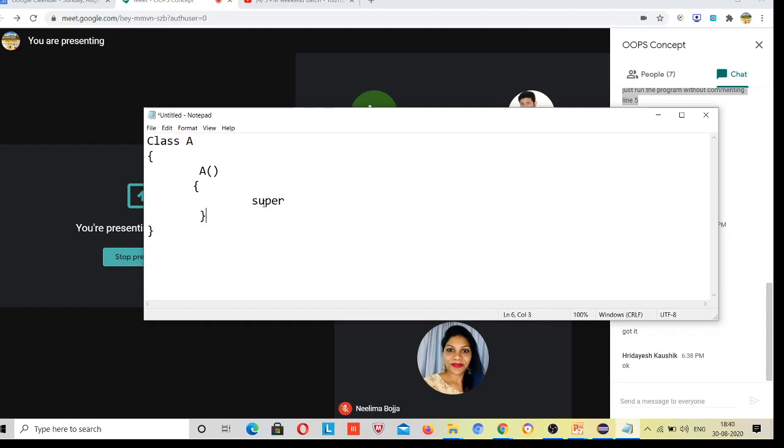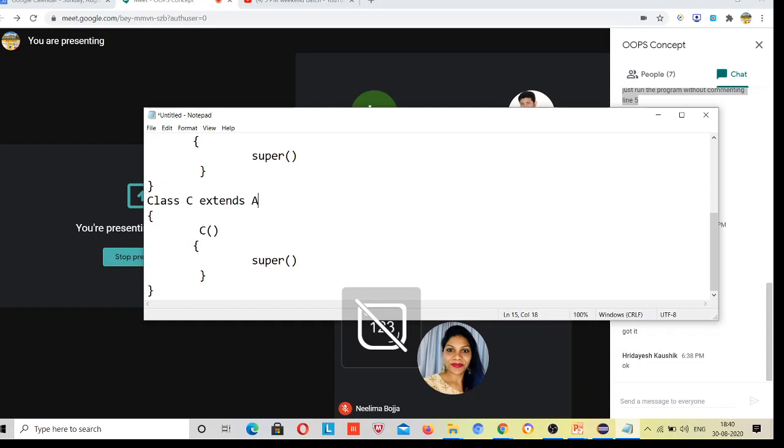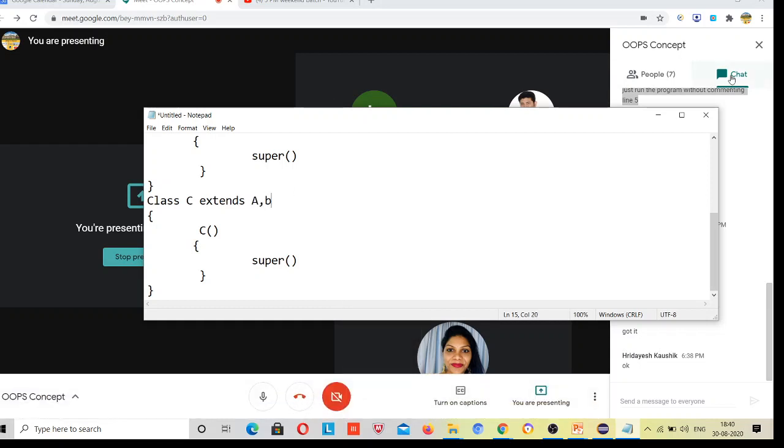Class A constructor has super, B will have super, and C extends A, B. What is multiple inheritance?